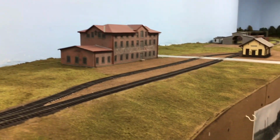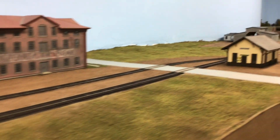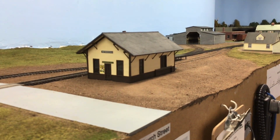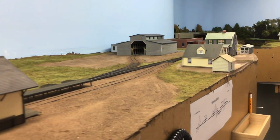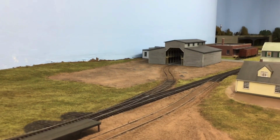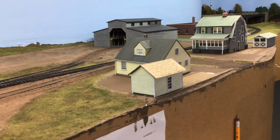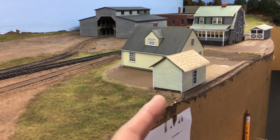As we continue north into Wethersfield, it's Grey Rock Bottling Company, also by Dave Messer. The station is one that I purchased. I'm not quite sure who built that, but I got it from somebody at some point. And continuing north into Wethersfield proper, you've got Wethersfield Lumber, which I built, and starting the scenery in this area. I also built this little Cape Cod house and garage,